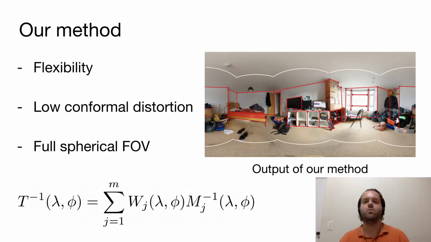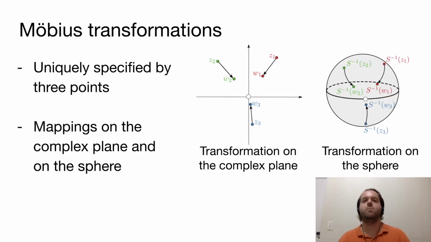Möbius transformations are conformal mappings from the sphere to the sphere, being the natural tool to achieve outputs of the full spherical field of view with low conformal distortion. Originally formulated as mappings on the complex plane, they are uniquely defined by new positions of 3 points. In this example, a unique Möbius transformation maps Z1 to W1, Z2 to W2, and Z3 to W3. The correspondence between the sphere and the complex plane established by the stereographic projection defines a corresponding unique Möbius transformation